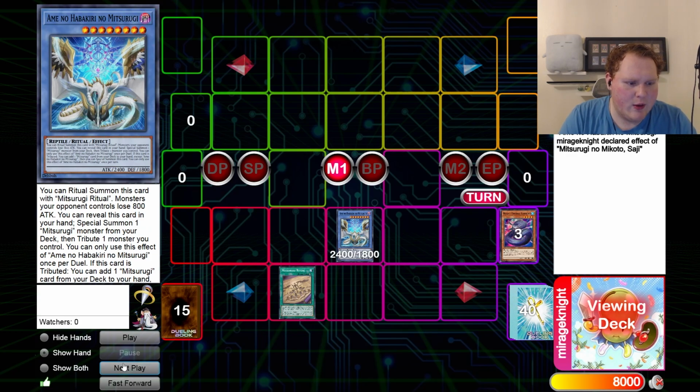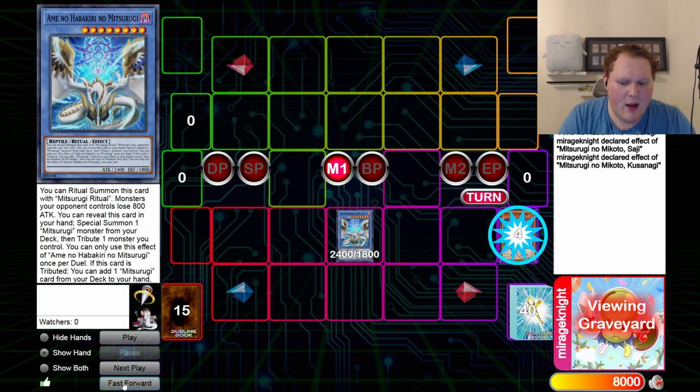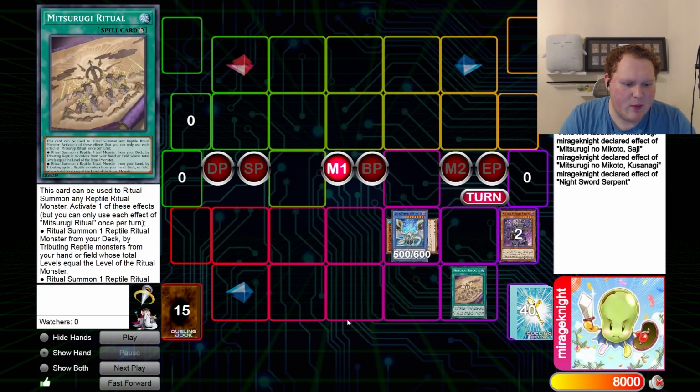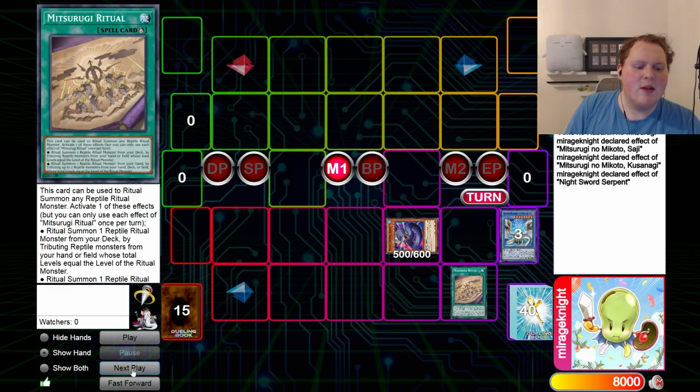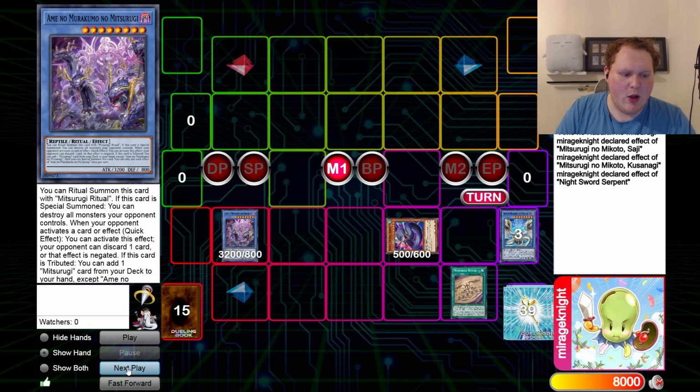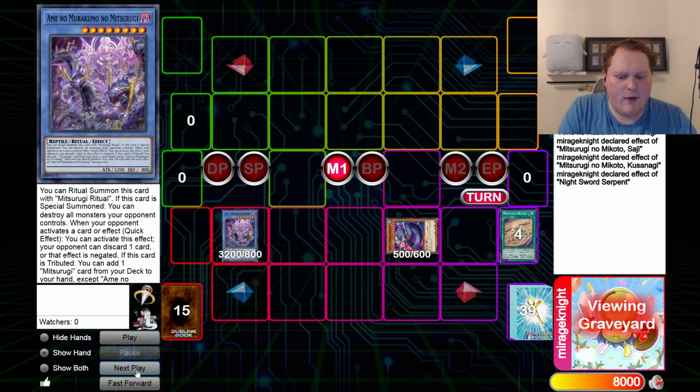We're going to tribute off the Kusanagi, tribute off the Night Sword Serpent, and then from there we're going to get all of their trigger effects. So we're going to special back that Night Sword Serpent, and then we're going to add back Mitsurugi Ritual. We're going to activate it again, but this time we're going to use the effect to special summon from our deck. With that, we're going to special summon Murakumo, tributing off our Habakiri, and the effect of Habakiri is going